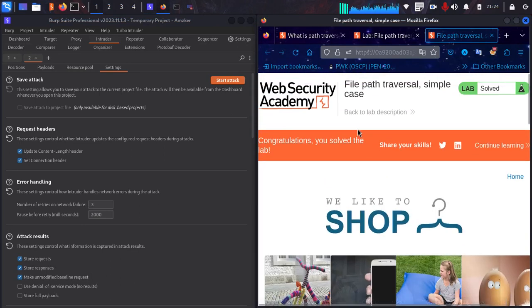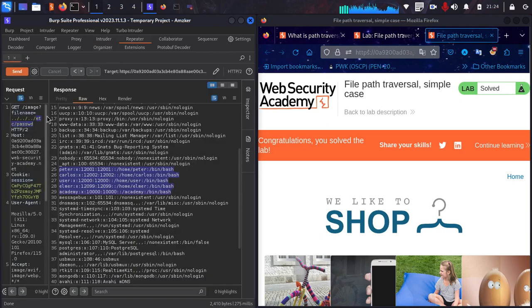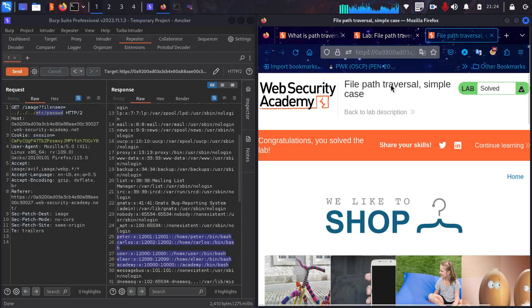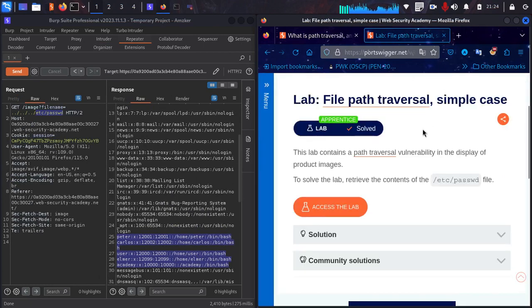If it's Windows, then you will need to use the Windows paths, and you can find the list online. You don't need to do anything manually. You can find the list online and you can just set it in Burp Suite and it will work, right? So initially you just need to work out what kind of way you can actually access that. The only thing you need to do is that, and afterwards you just brute force it, right? So we solved this lab, and let's go to the next lab,